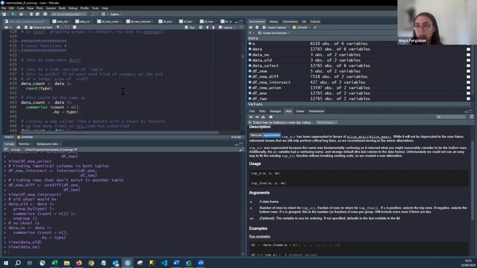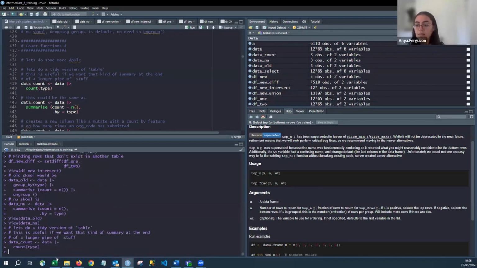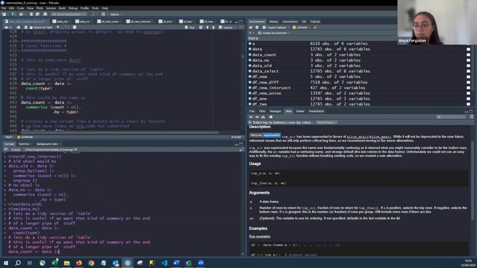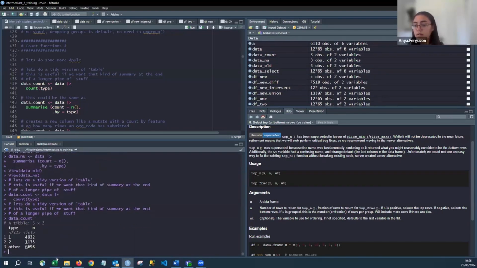So counting. Earlier on we were using table to sort of get a count of the data. The dplyr equivalent is to use count. And that's quite useful because if you're doing a big pipe of stuff, so say you did your data and then you wanted to filter, order, rename, arrange, and then you could end it with this count. Looks like that, which is the same as